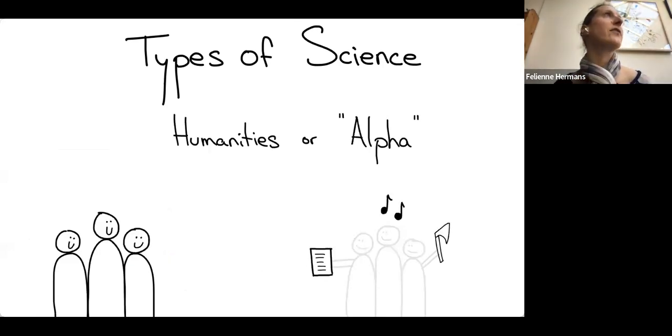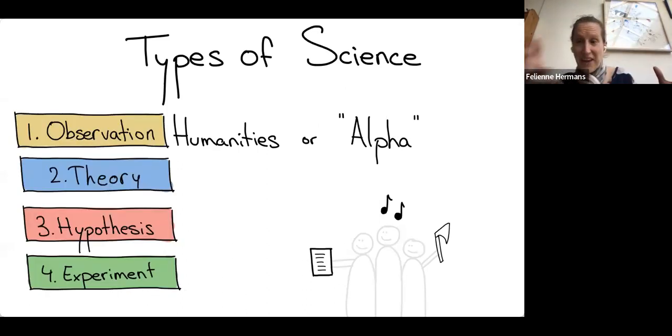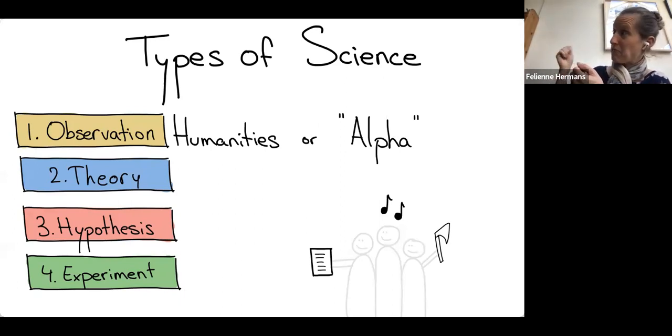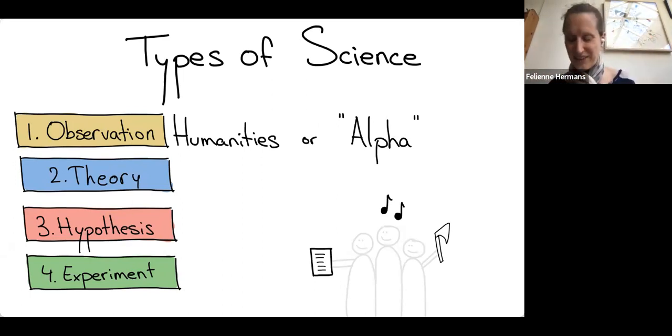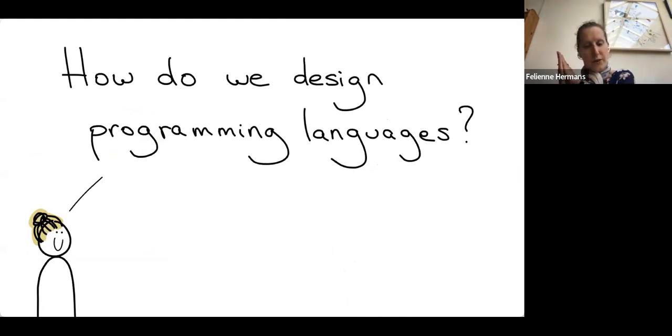But then if you're studying the things that people make, what kind of hypothesis is there? What kind of experiment can you do, right? If you're an archaeologist gathering axes that are in the ground from a certain period, you look at one and think, oh, this looks like a thing people could use to chop trees with. There's not really an experiment that you can do there. You just observe, and then only from observations you form a theory, and that's the end of the science. So all these three things can play a role, and I would go as far as saying should play a role in informing the design of programming languages,